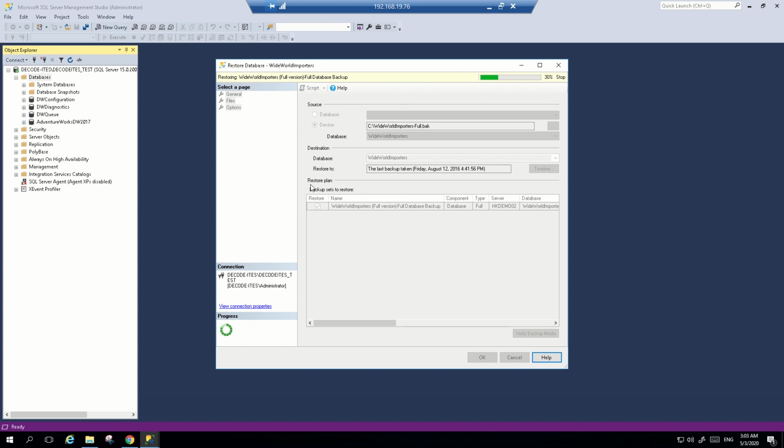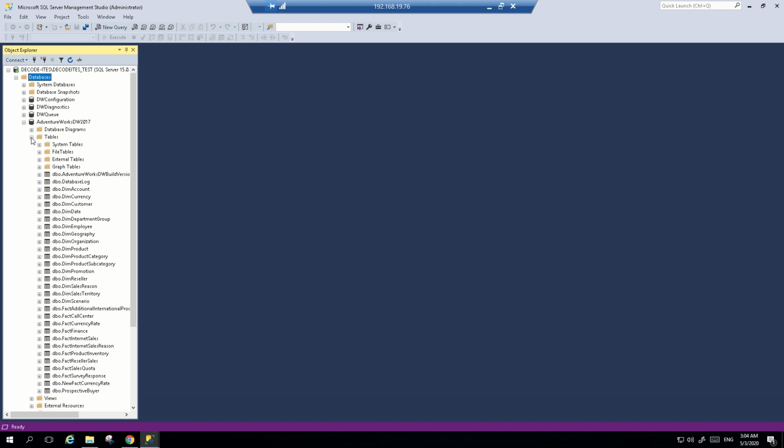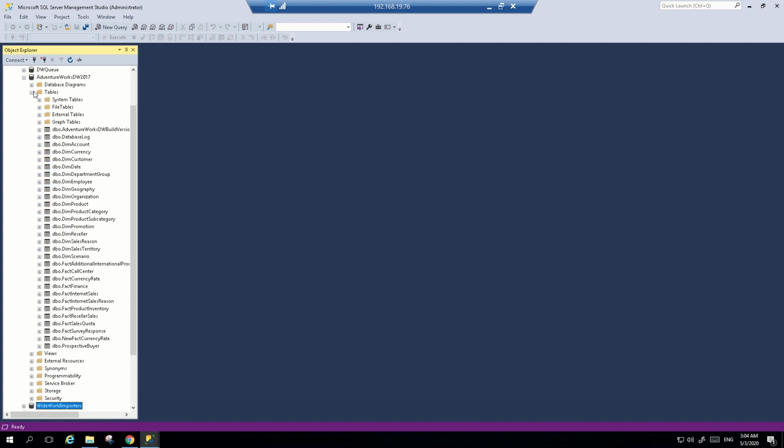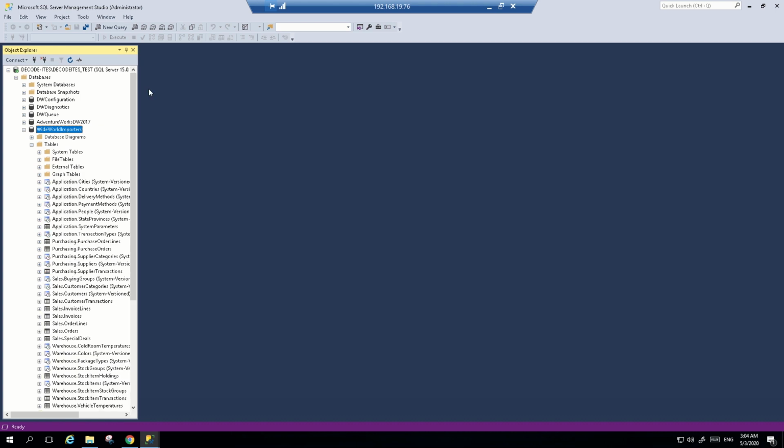Once your Wide World Importers restore is complete, both your databases will be ready to use. In the meantime, while Wide World Importers is restoring, let's explore AdventureWorks. In AdventureWorks, we already have a list of tables that we can use to test multiple features or multiple commands. It has some views as well. So your Wide World Importers database is also ready. This is today's lesson, where we saw how to download sample databases and restore them on a SQL Server instance.